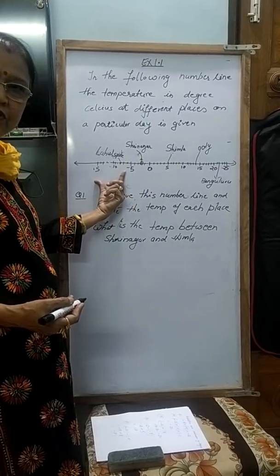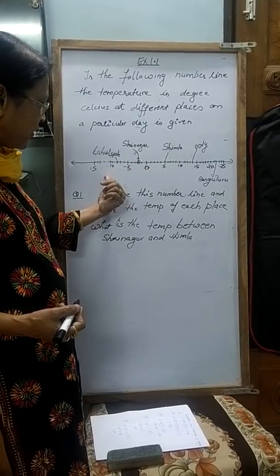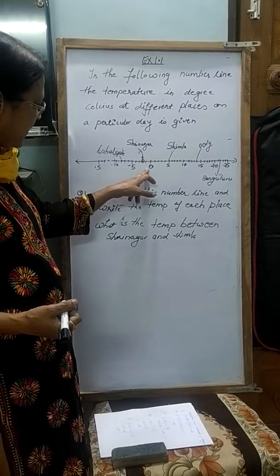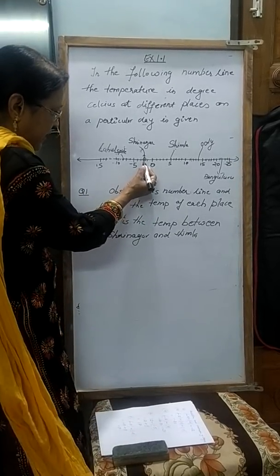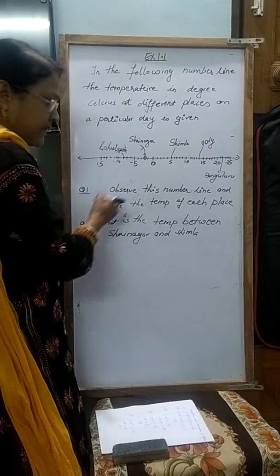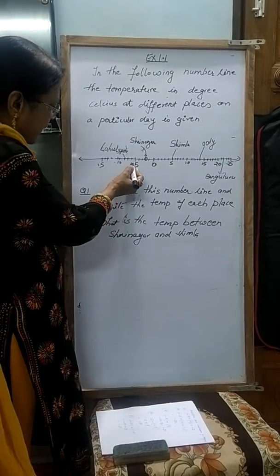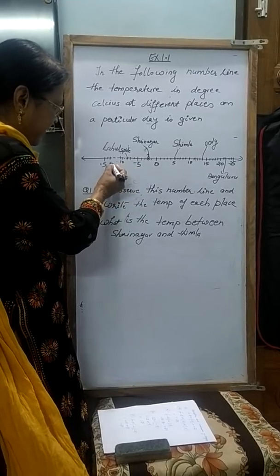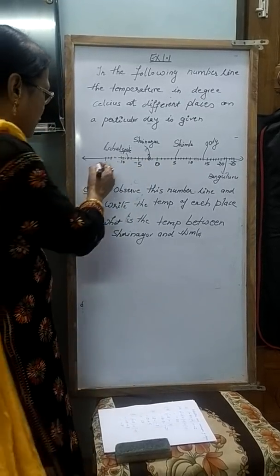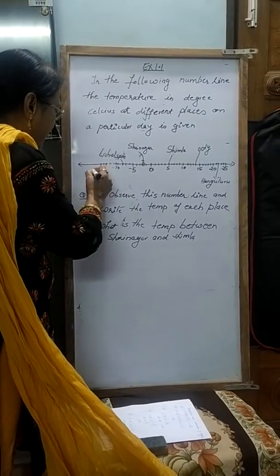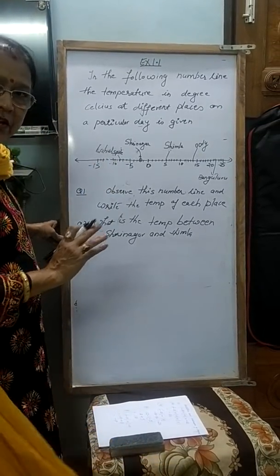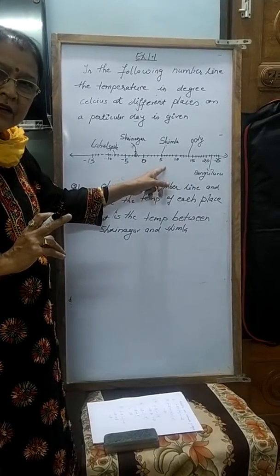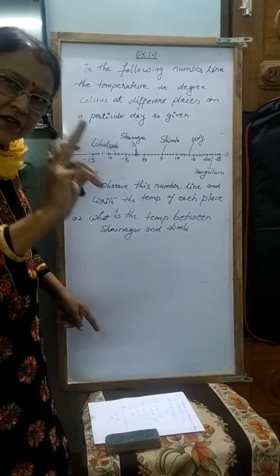And on this side, the left hand side of 0, negative values are taken. So here the temperatures are -1, -2, -3, -4, and this is -5. Then -6, -7, -8, -9. Like this the temperature is given to you. Now this is the question. Now you have to see the question on this number line. Now here, what is the first question?